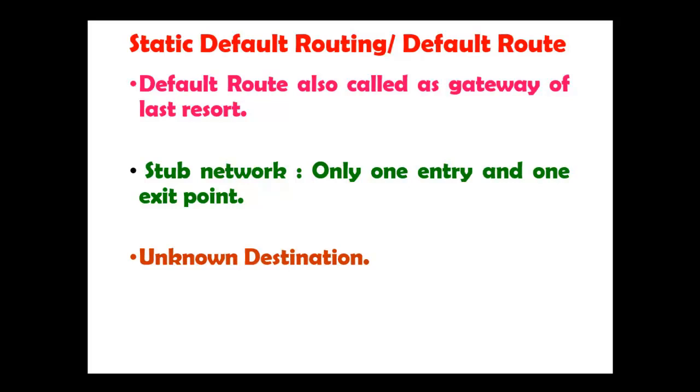A good stub network example is an island that relies on a bridge as the mode of transportation to the mainland. There may be multiple bridges, but each bridge only leads to a single point on the mainland. In such cases, a default route is the best choice. Default routes are also applicable to unknown destinations. The default route is what a router uses to forward an incoming packet when no other route is available for the packet in the routing table.